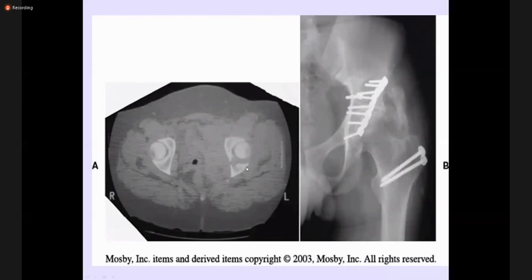The same fracture and fixed by the different CT scan of the different patient having the left fracture of the posterior wall as well as the column of the acetabulum, which is fixed by recon plate. This is the recon plate. The posterior column and posterior wall of the acetabulum is fixed by a recon plate, and the patient has simultaneously fracture of the greater trochanter, which is fixed by these cancellous cannulated screws.